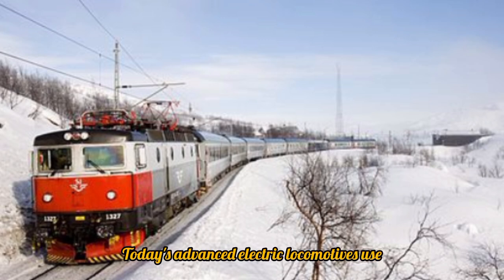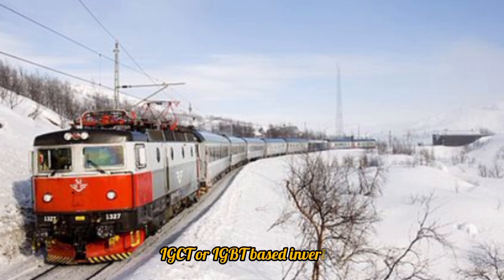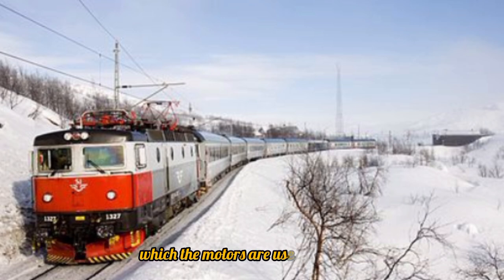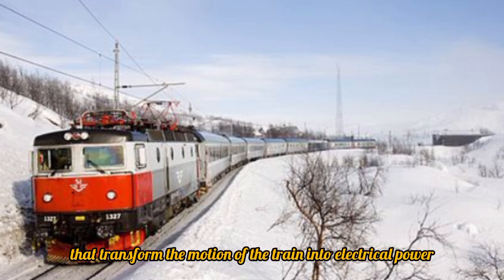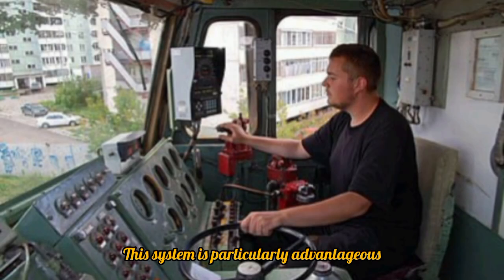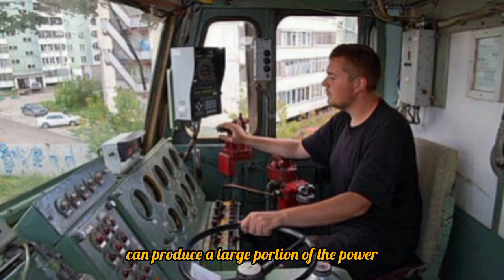Today's advanced electric locomotives use brushless three-phase AC induction motors. These polyphase machines are powered from GTO, IGCT or IGBT-based inverters. The cost of electronic devices in a modern locomotive can be up to 50% of the cost of the vehicle. Electric traction allows the use of regenerative braking, in which the motors are used as brakes and become generators that transform the motion of the train into electrical power that is then fed back into the lines. This system is particularly advantageous in mountainous operations, as descending locomotives can produce a large portion of the power required